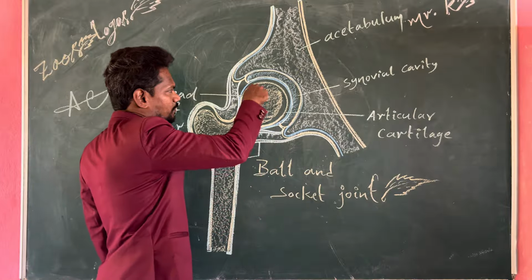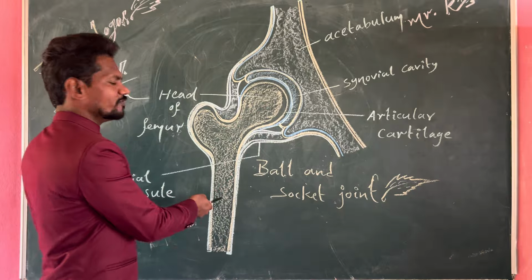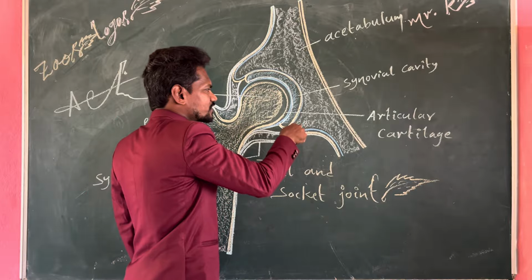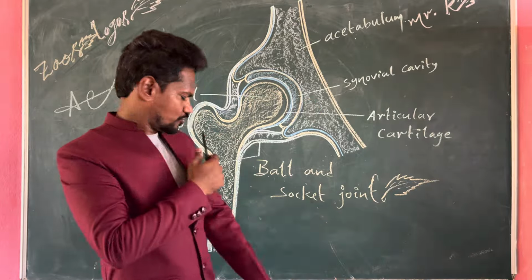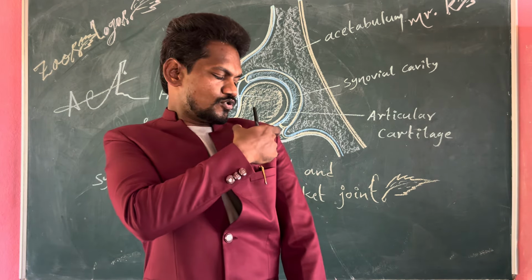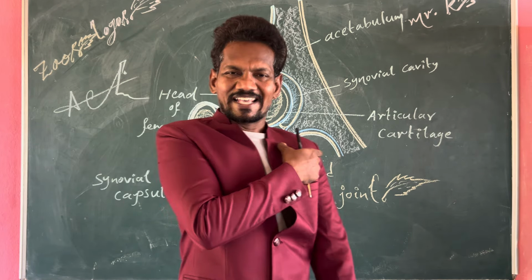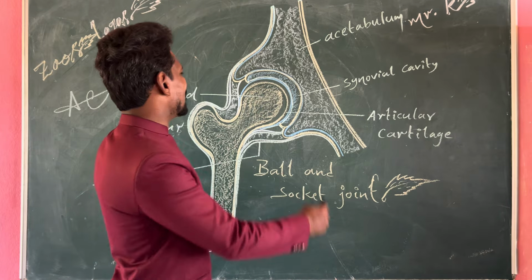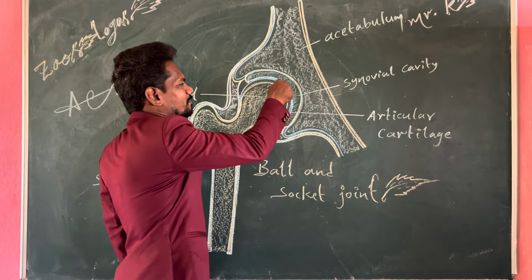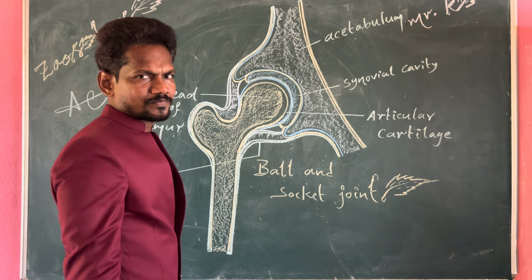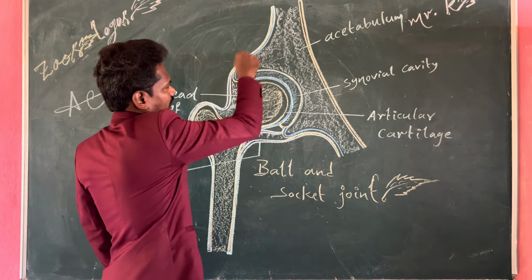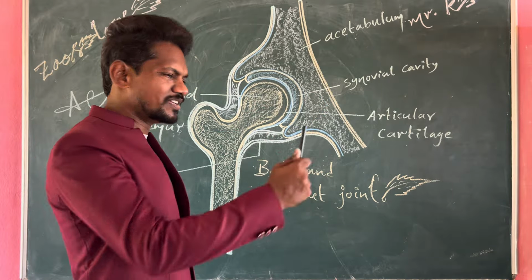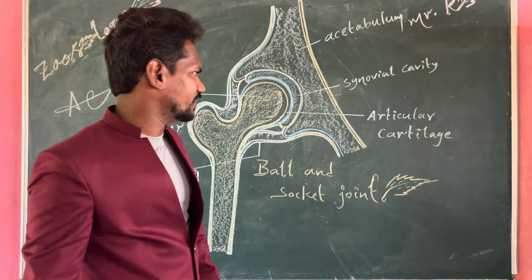Then this ball structure of femur bone will be fixed in the special cup-like structure of shoulder bone. Shoulder bone has a cup-like structure, same like in nephron, Bowman's capsule. In this cup-like structure, the head will be fixed. Then these both bones together form a type of joint that is called synovial joint. Why? Because it can be movable or rotatable freely.